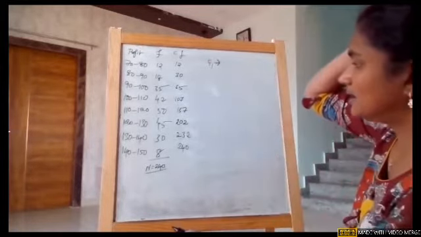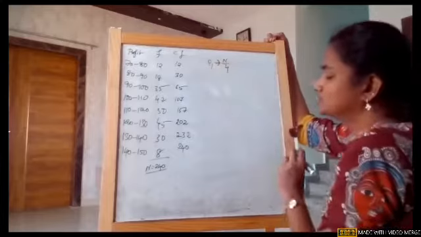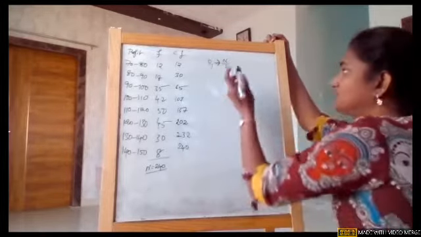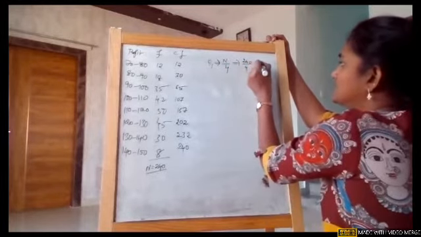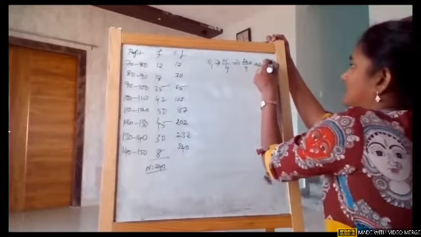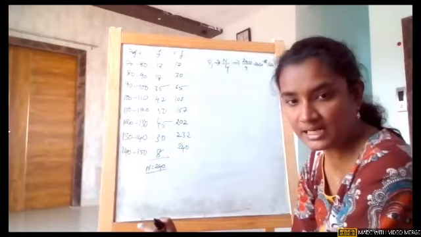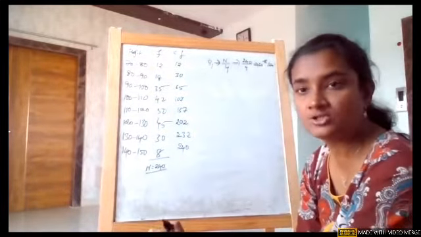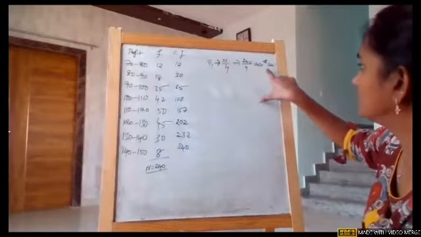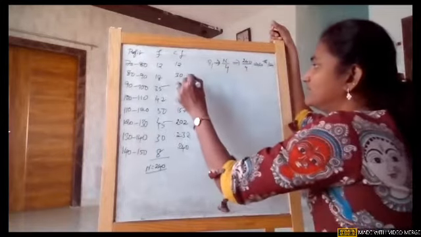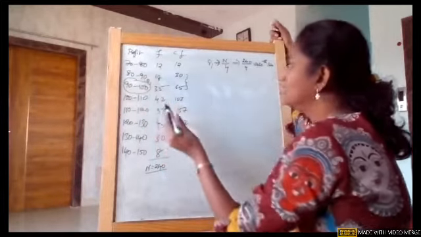So for Q1, our n is an even number, so the position is n by 4. Girls, make sure n is an even number. So 240 by 4, that is the 60th item. Understood? Girls, there are only 10 minutes for this video of this class. If it ends, immediately join back to continue with the class. So Q1 is n by 4, 240 by 4, so the 60th item. Go to your cumulative frequency. 60 is lying between 30 and 65. Therefore, this will be your Q1 class.